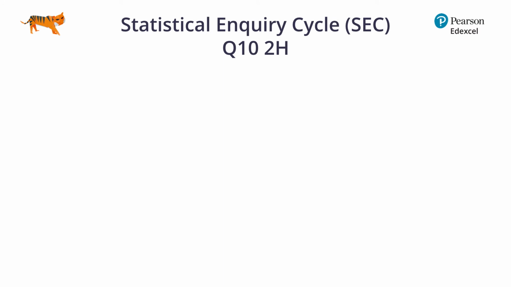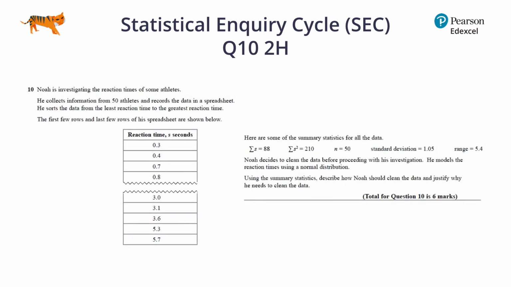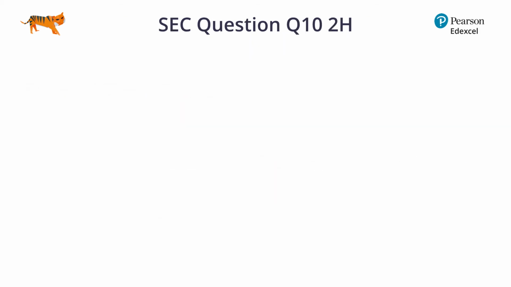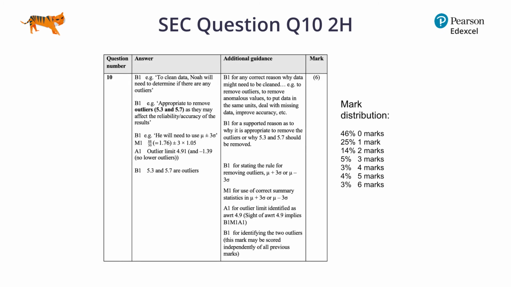Here is an example of a question that was question 10 on paper 2 higher and looks at cleaning data, identifying outliers and justifying their decisions. This question was worth 6 marks. For the first mark, they needed to give a correct reason why the data needs to be cleaned. Many students were able to earn this first mark and had a concept of what cleaning data was and stated